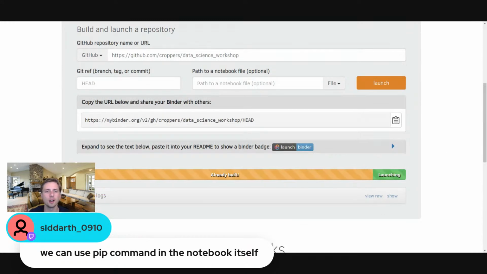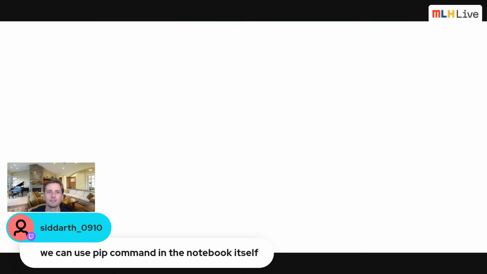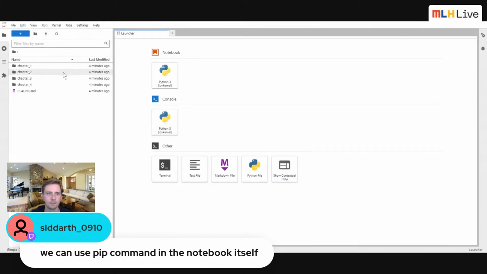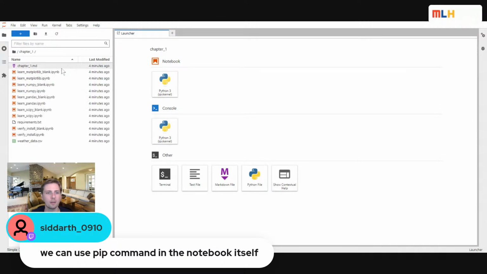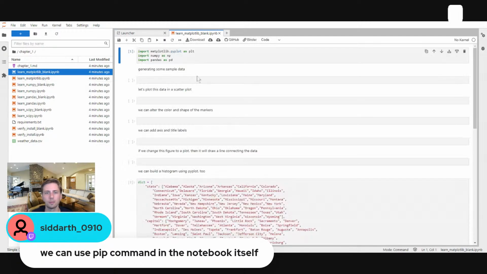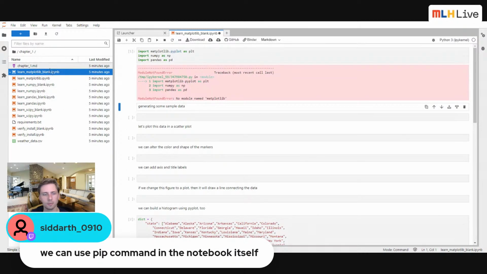So why don't you try rebuilding just like this. Don't put a file in there. Okay, so now we can browse to chapter 1, for example, and we can go to our matplotlib folder, and when we run this,